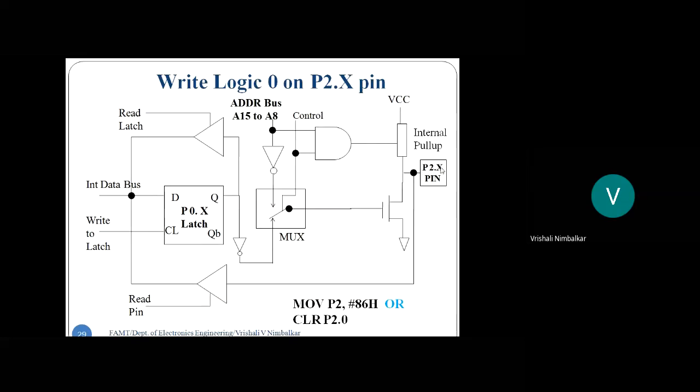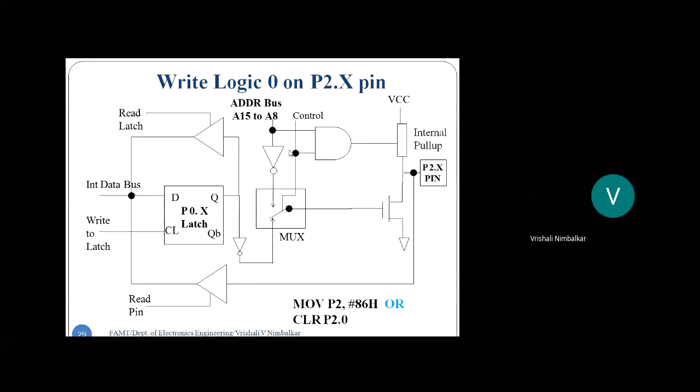So that's P2.X, one of the 40 pins, which is connected to the internal pull-up, the lower MOSFET. The lower MOSFET connection is coming from the multiplexer. Right? This multiplexer decides the functionality of the pins, either IO pin or address pin. That is decided by the multiplexer. The select line of the multiplexer comes from the internal control signal. Okay, this is a control signal which is generated internally by the microcontroller while executing the instruction.